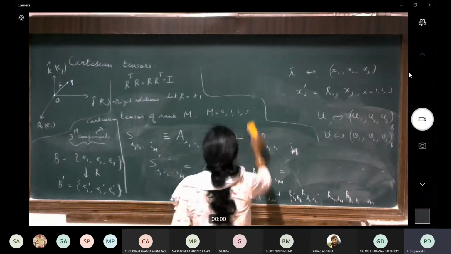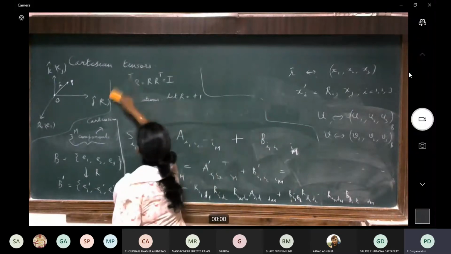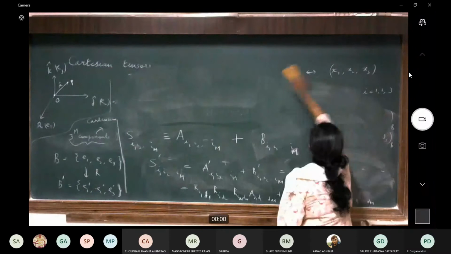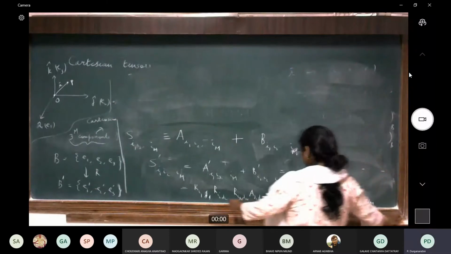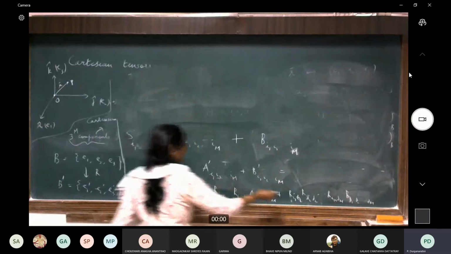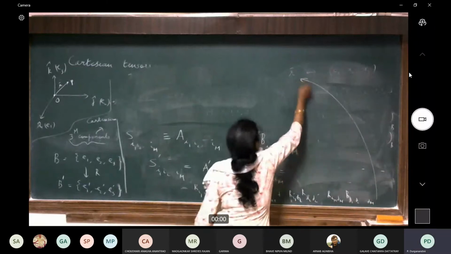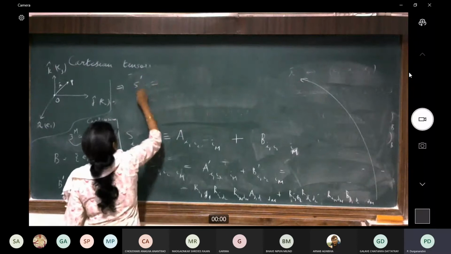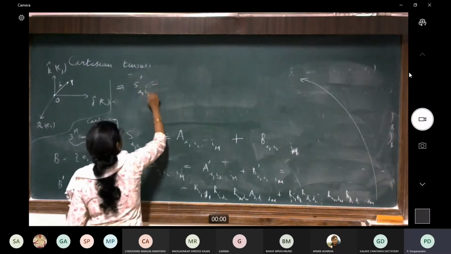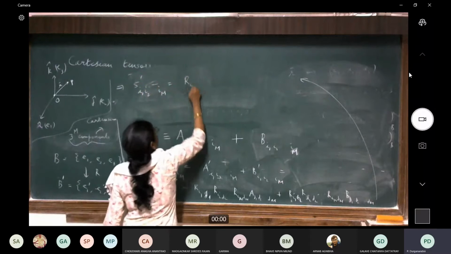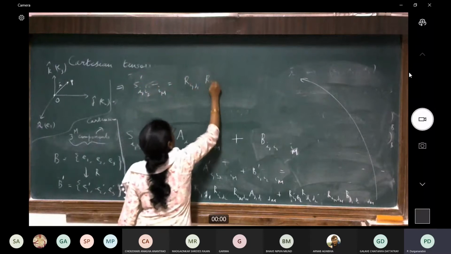And once again, by using the same logic which we did earlier, that these are just real number addition, simply algebraic addition, I can combine these two relations and write this as. So this tells me then that S prime I1, I2, Im is equal to Ri1,J1, Ri2,J2,